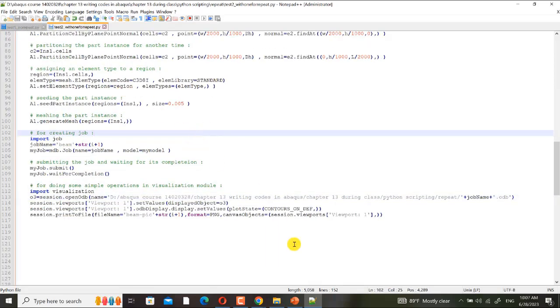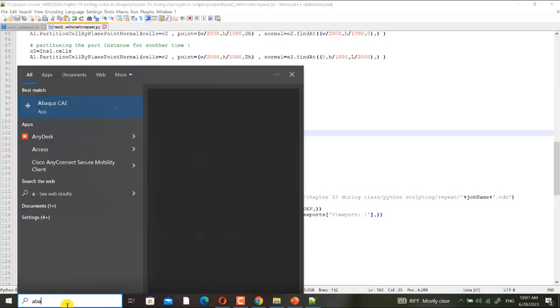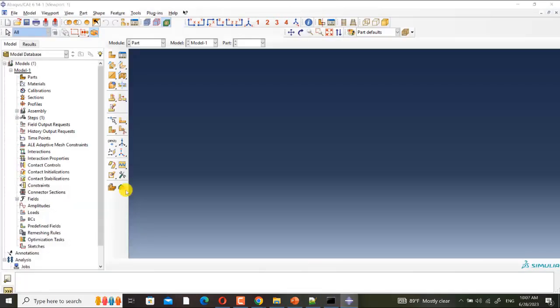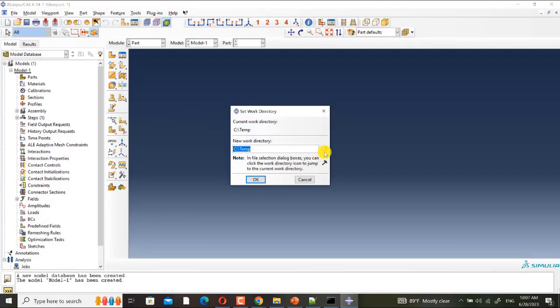Very good. Now I open Abaqus again, and you will see that several models will be created and they will be run automatically. It is very interesting.